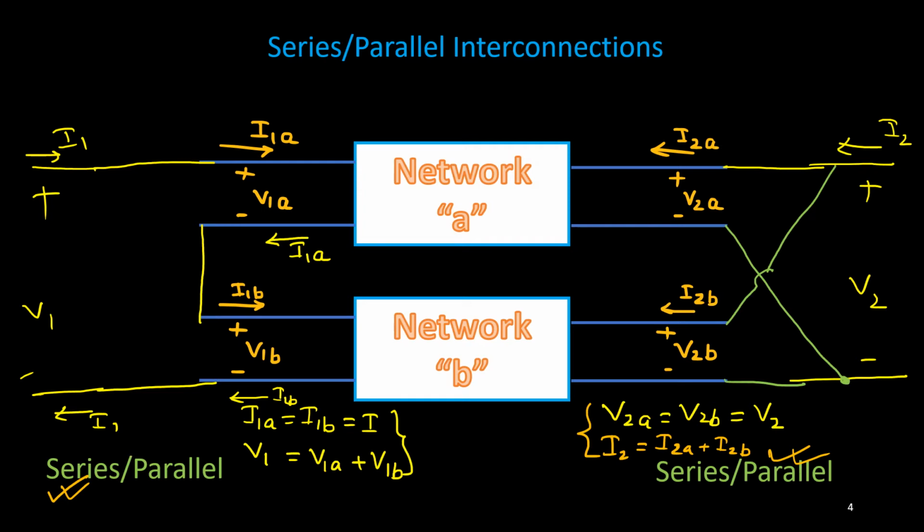Okay, now we'll consider all the four combinations in a single slide, and we'll try to find out the relation between the networks in order to get an equivalent network. We wish to consider this total network at a time, and we want to find out its equivalent network parameters. We understand the short circuit parameters Y, the open circuit parameter Z, hybrid parameter H, or G also. G is the inverse of H parameters. So let us consider all those.